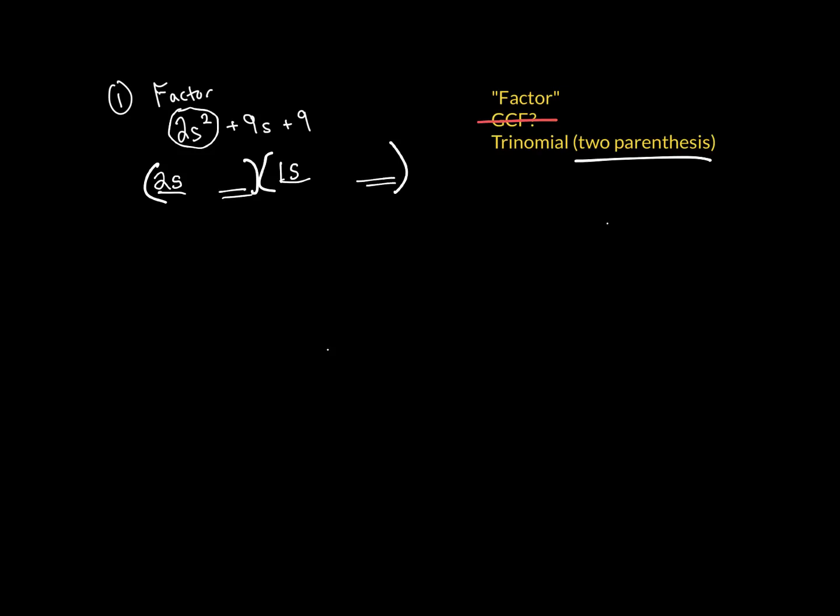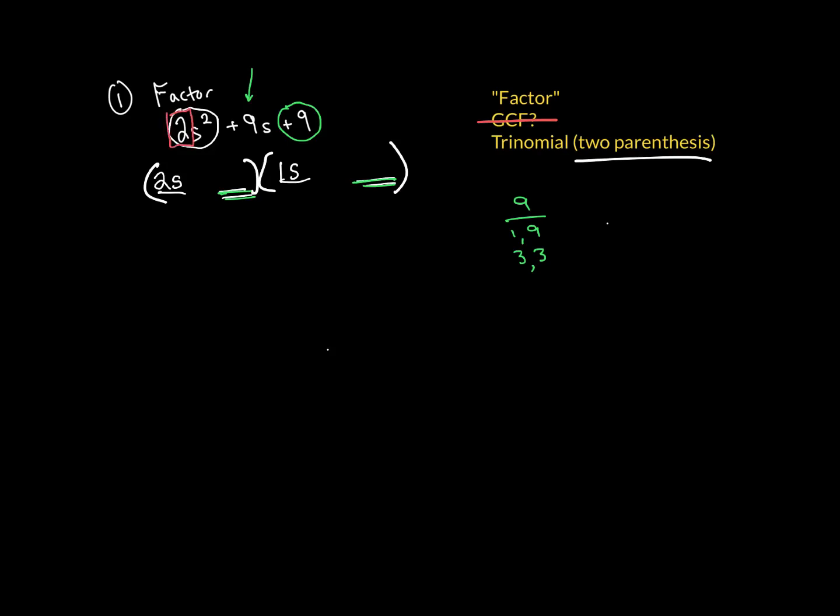Next, maybe I should do this in green. The thing that goes second in both those parentheses has got to multiply to be this positive 9. And so on the side, I'd put 9 and then some factors of 9: 1 and 9, 3 and 3. That's all the factors of 9. Generally, you can pick the pair that multiplies to be 9 and also adds to be this middle term, 9 here. But since